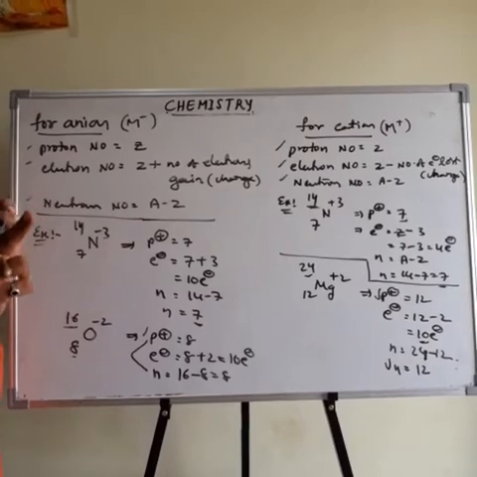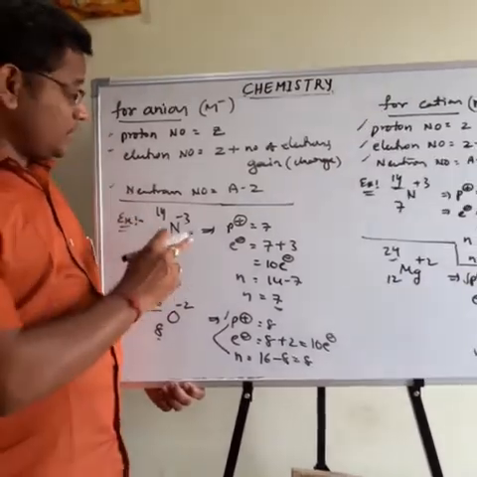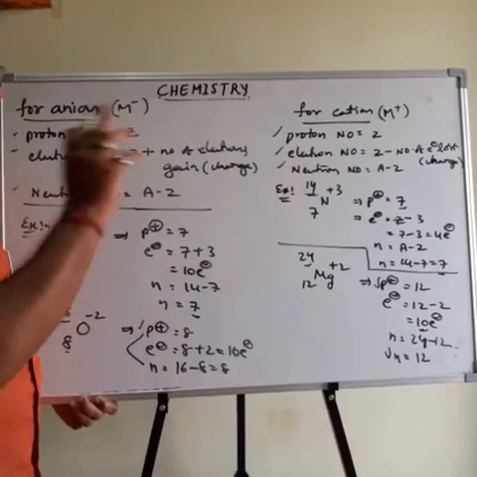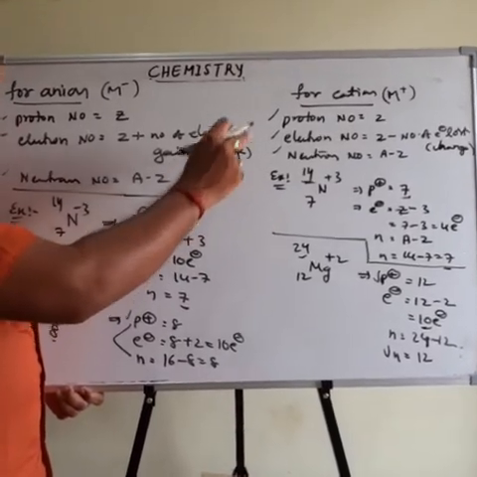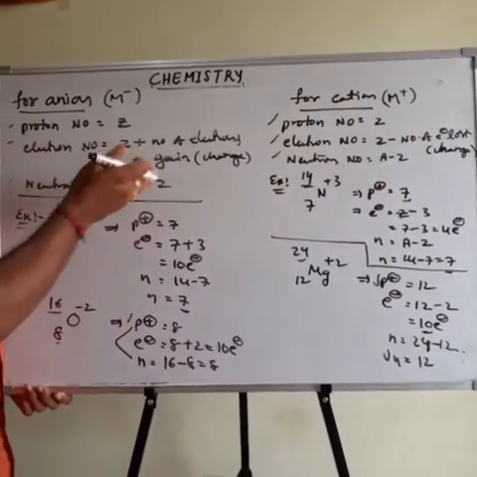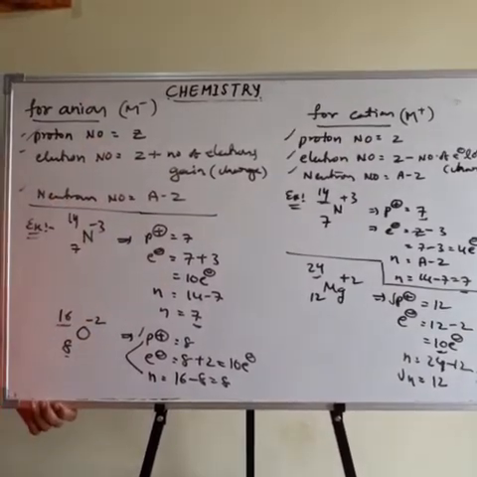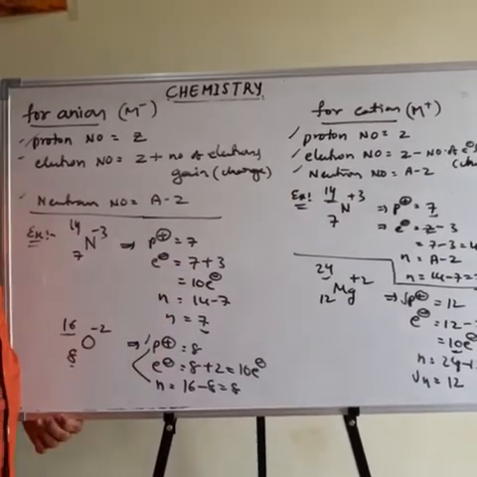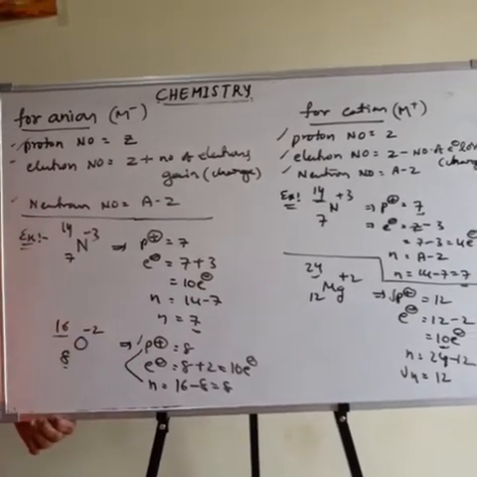Then the next one, one more important point for competitive exams. For a neutral atom, atomic number is equal to the Z value. But in the case of cations and anions, we have to take the atomic number from the proton number. Why? For cations and anions, atomic number does not depend on the electron number, because some electrons are lost or gained. So in the case of cations and anions, atomic number is equal to the proton number. But in the case of a neutral atom, atomic number is equal to either the proton number or the electron number. Here atomic number depends only on the proton number. So this is the concept.